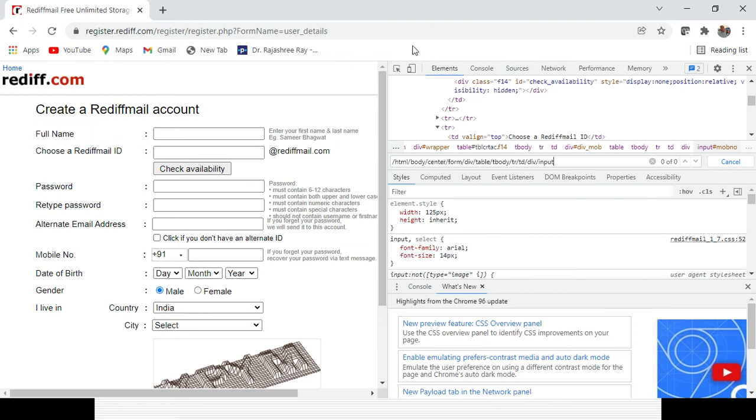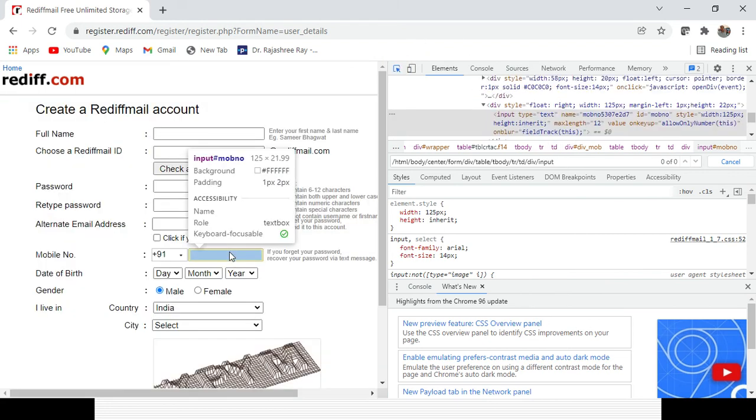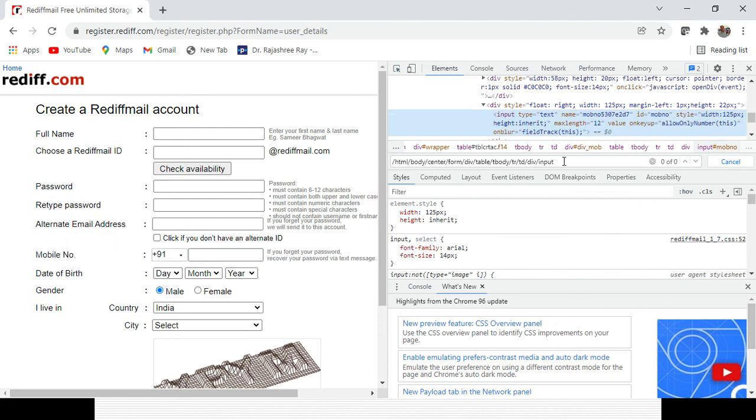Then I can go to the input details. Here I already came to the input, and here I will give the square bracket, and then id equal to mobno, and I can end with that.